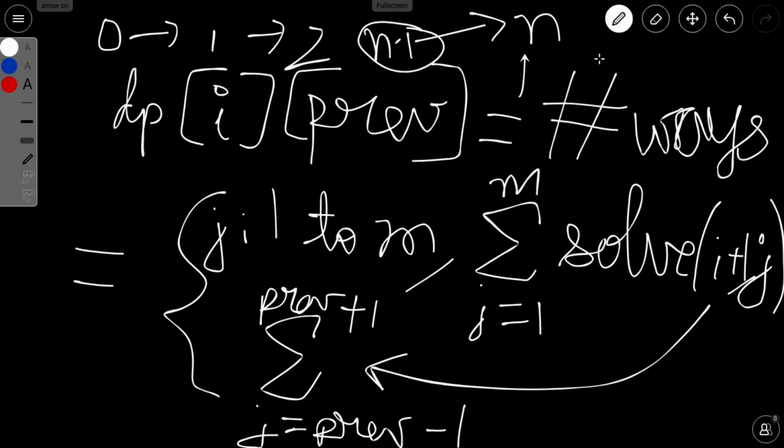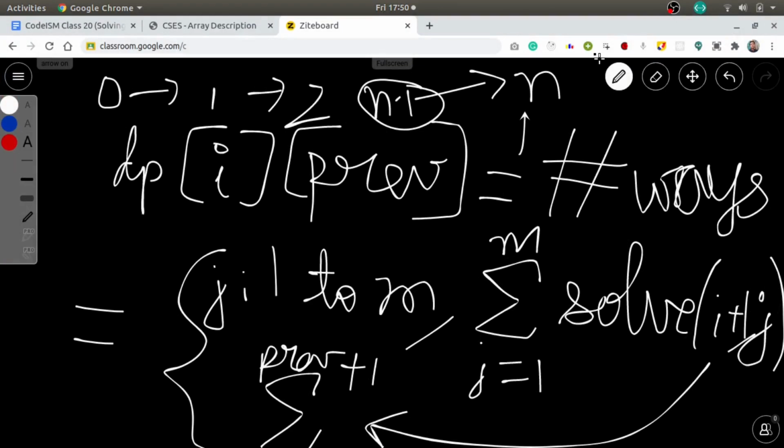Now I would say pause the video and try to implement it on your own. You can try to write a recursive function, because that would be much easier. And if you are comfortable with iterative, you may try with that also. Okay, so now let us solve it together if you have any problem in the implementation part.